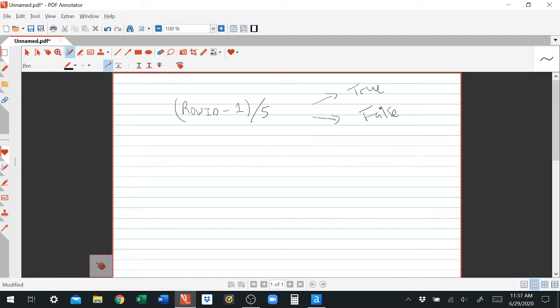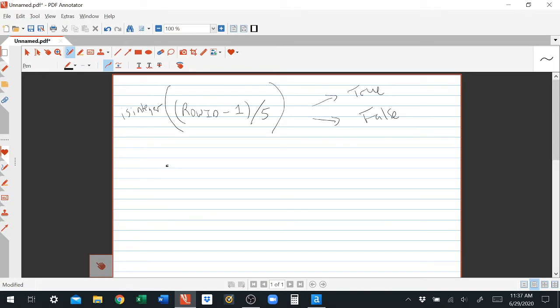There is a function in Alteryx called isInteger. And it accepts as an input a number, and it spits out as an output true or false if that number is an integer or not. It actually spits out -1 if the number is an integer and 0 if it's not. So let's